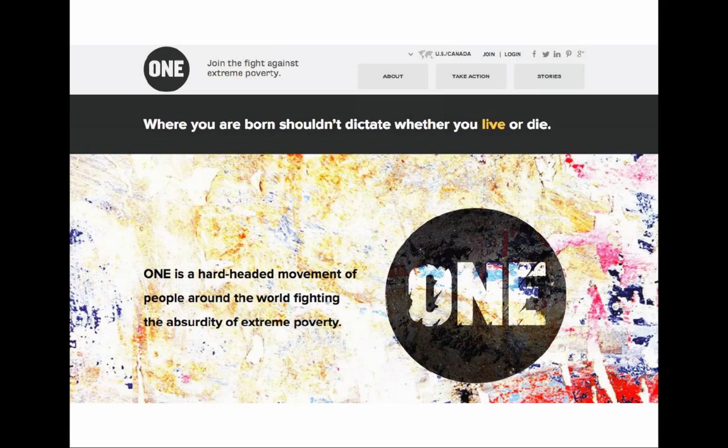So I'm going to show you an example. This is one.org, and I like this website because it shows very clearly what the organization does without a lot of additional information. So when you go to this website, you see their logo, you see exactly who they are, and you know that they fight poverty, and that's exactly where your eye goes. So they have the tagline up by their logo, but they also have it on this header banner,